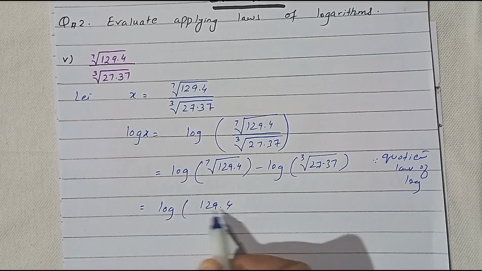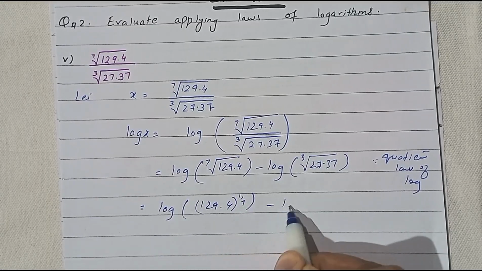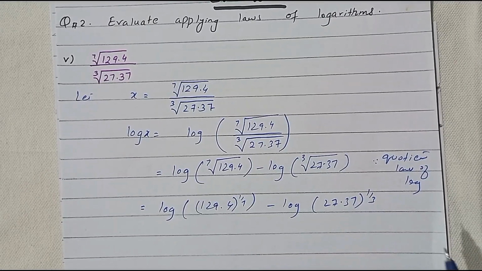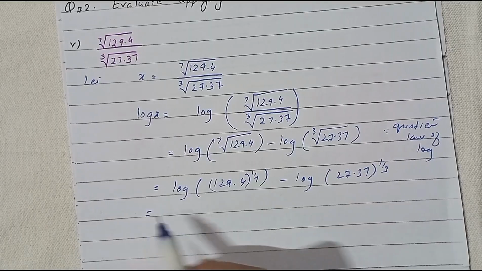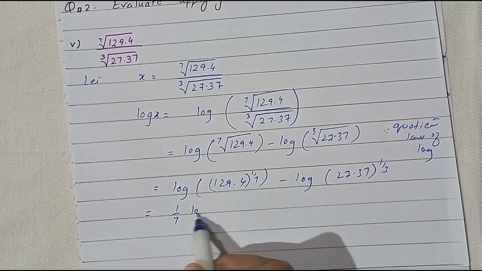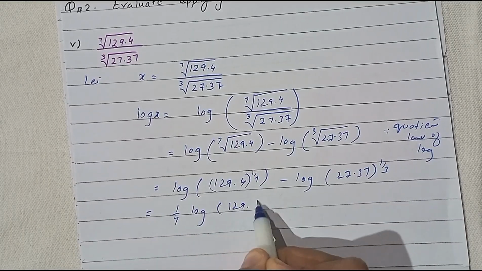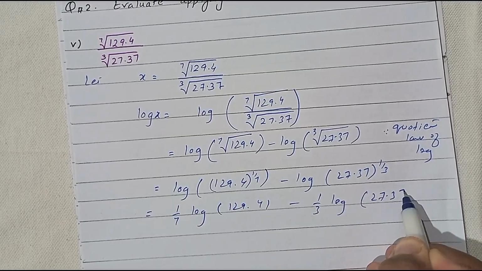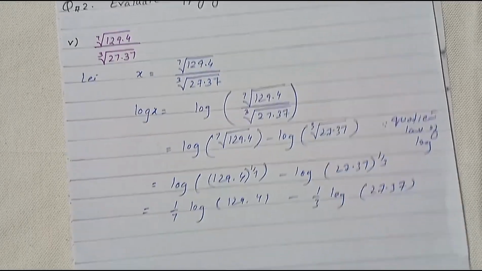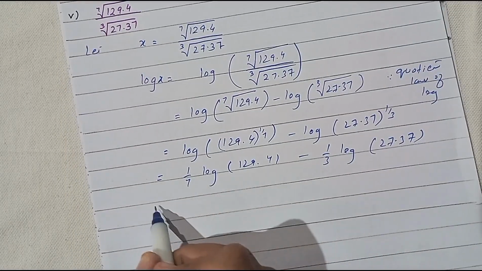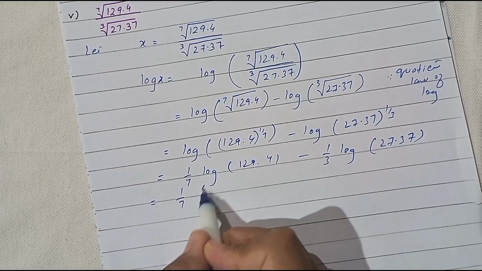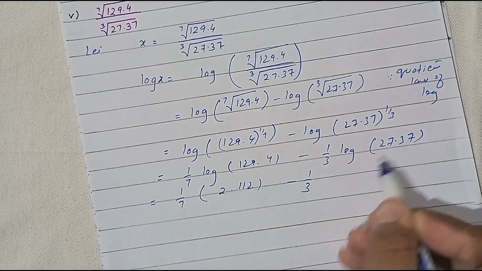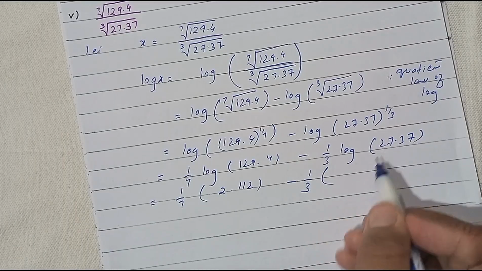Now using the power law, all powers become, first we write these radical expressions in exponential form, that is log of 129.4 whole power 1 by 7 minus log of 27.37 whole power 1 by 3. Now by using the power law of log, all powers will come at first: 1 by 7 log of 129.4 minus 1 by 3 log of 27.37. So the value of log 129.4 is